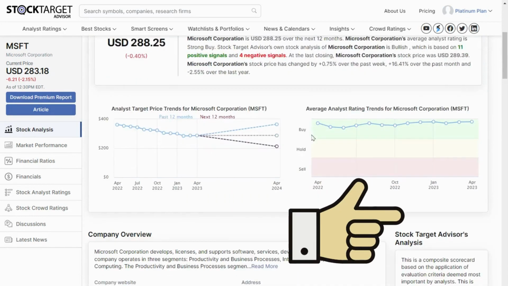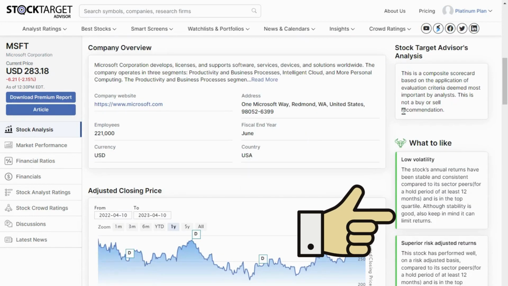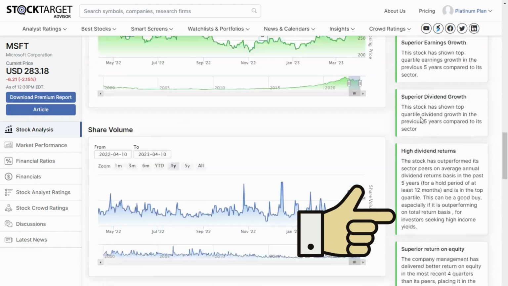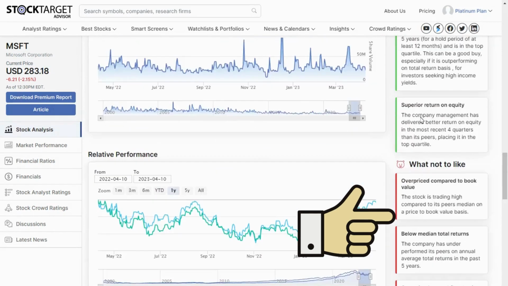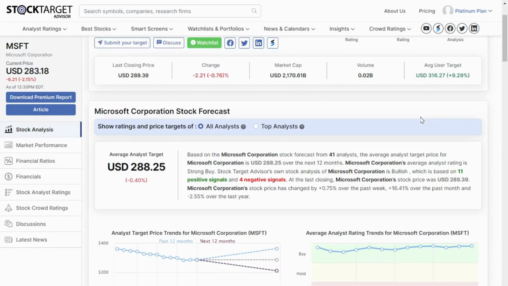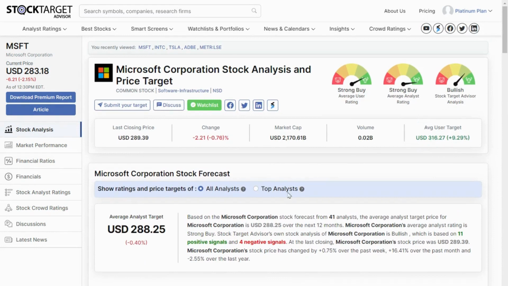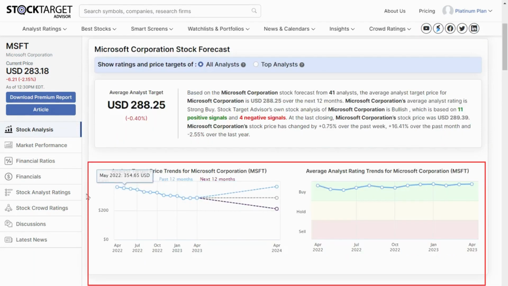You can scroll down to see the breakdown of the key factors that drove our automatic rating under the Stock Target Advisor's analysis column. The stock forecast section summarizes our view on a stock and also shows how the average analyst target price and rating have been trending over the past year. This can tell you if the analysts have been getting optimistic or pessimistic about a stock over the past few